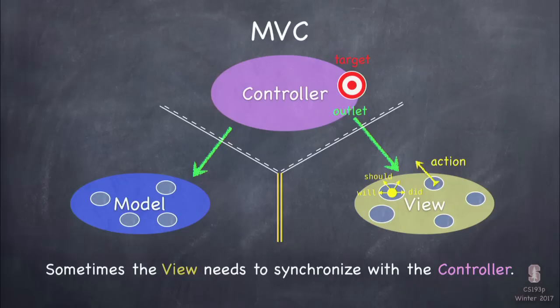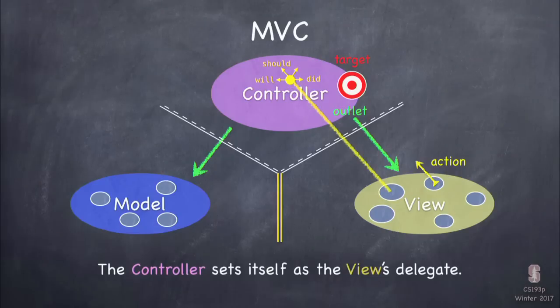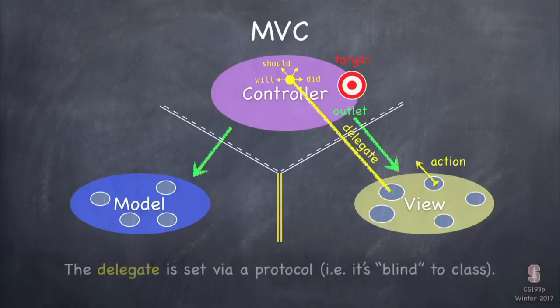And the way we make that communication work, we can't just do this simple one-method control drag. Instead, we use what's called a delegate. And I'm going to talk a lot more about delegates in future lectures. But basically the idea of a delegate is it's a var in the view, like a var on scroll view, and it's of a special type. That type is called a protocol. I know that a lot of you, even though you have object-oriented experience, maybe don't have experience with protocols, but essentially a protocol is a way of saying that this type, this thing that I'm talking about, responds